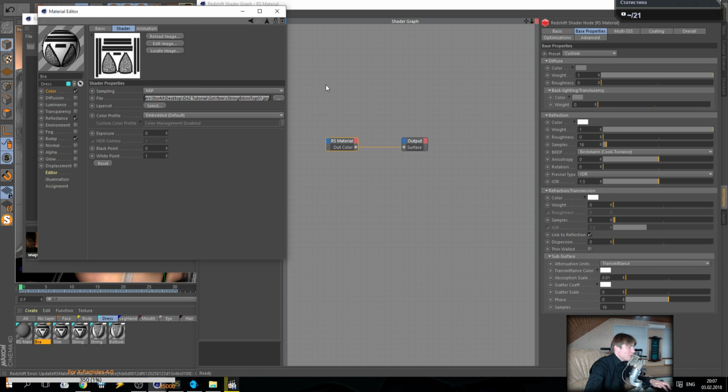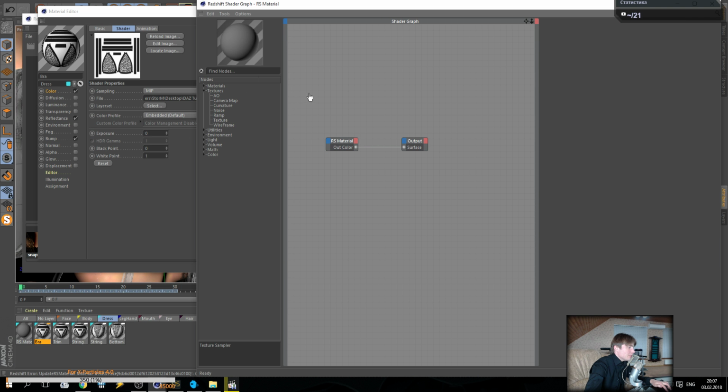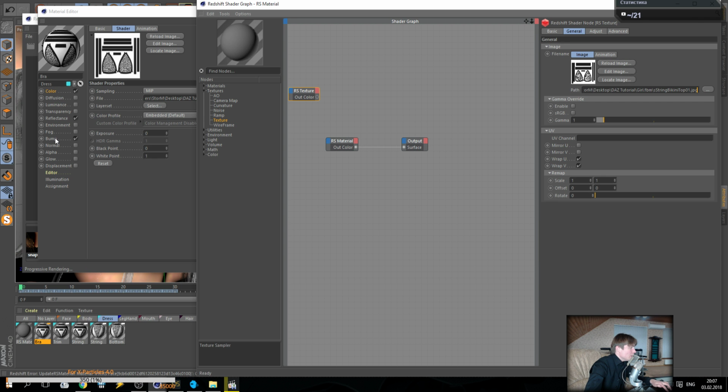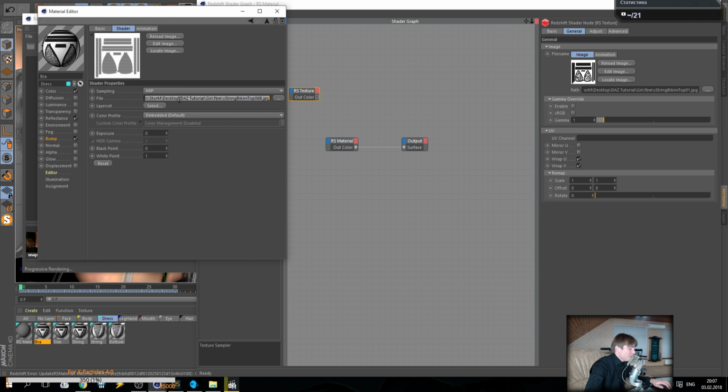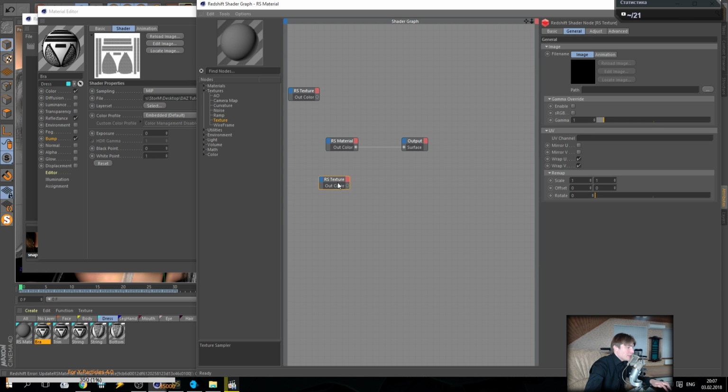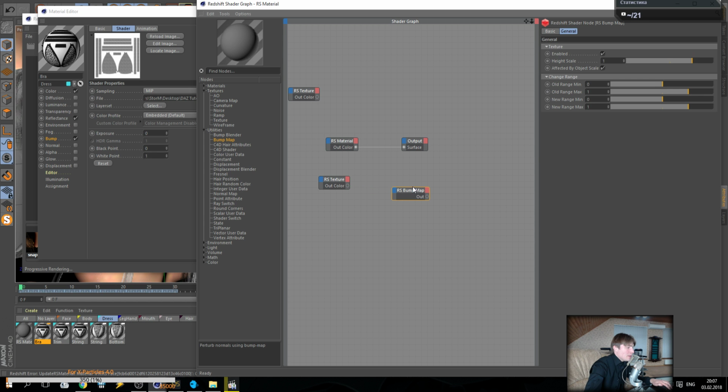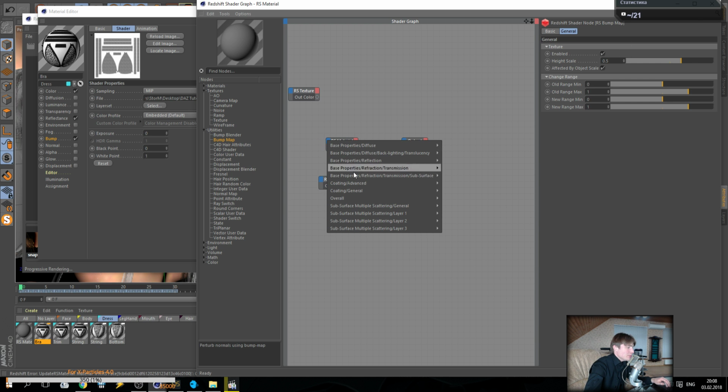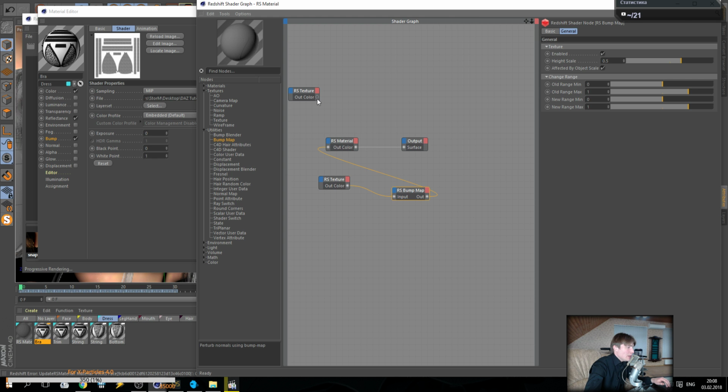So copy color, apply some texture, copy bump, apply some texture, bump, put it to the bump mapping, like input, change maybe, I don't know, maybe 0.5, put it to the material like an overall bump input,